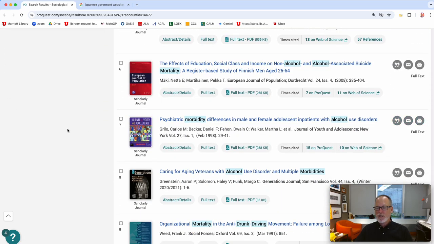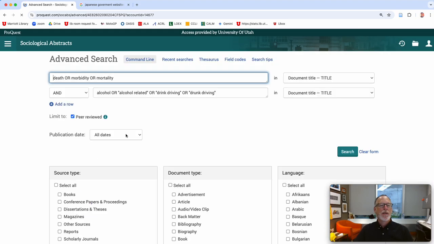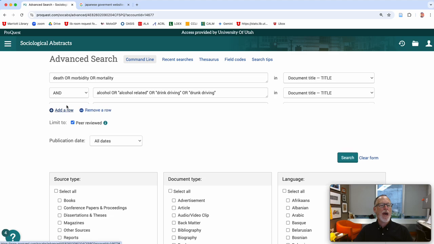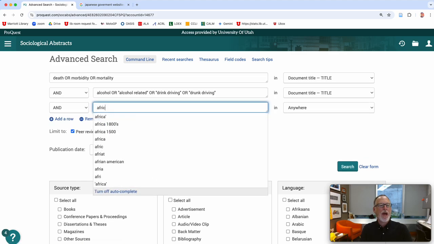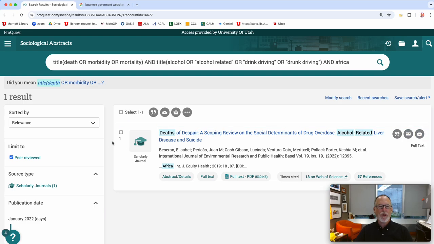There's some countries where their economy is not large enough to have investment in research like this. So if you added a row and typed in Africa, for example, it might trend heavily towards a country that's being evaluated by outside researchers, or the wealthier countries like South Africa, Egypt, that sort of thing.